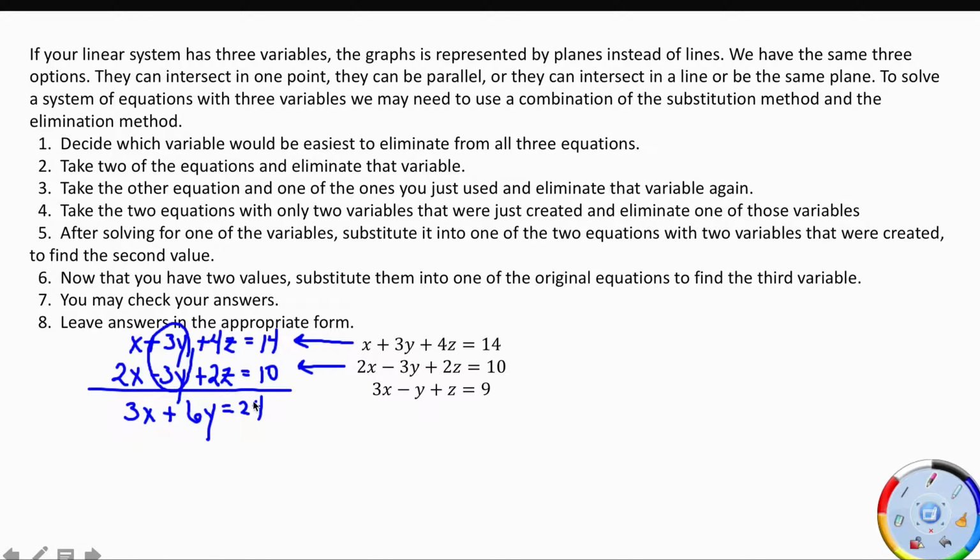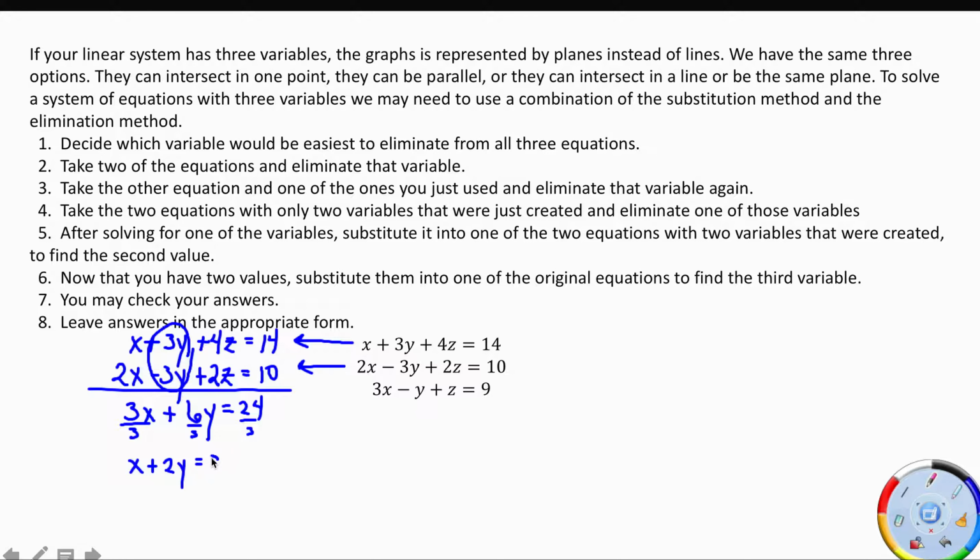Hey, when I see something like this, I want to pay attention. As long as I have an equation, I can make these numbers smaller, right? So if I divide everything by 3, I can come up with an equation that says x plus 2